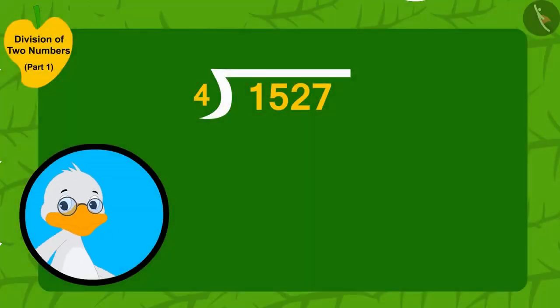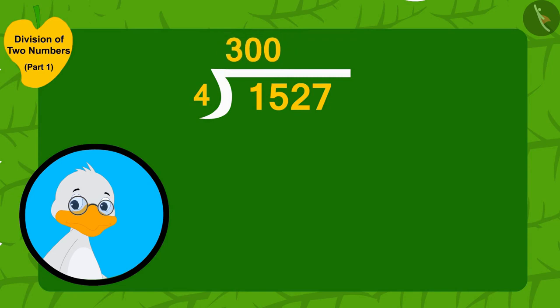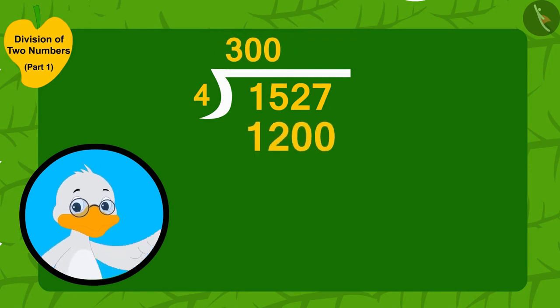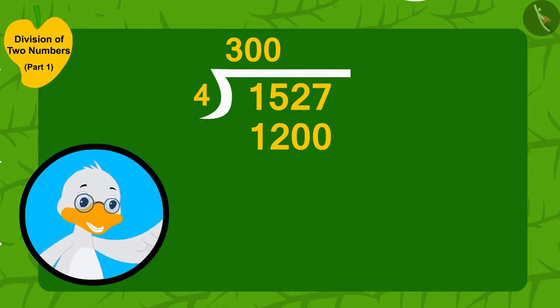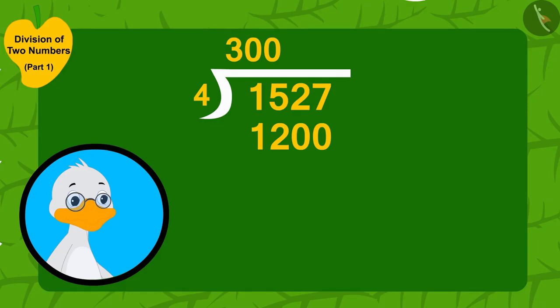Now, uncle wrote 300 here, and here he wrote 1,200. To find the number of mangoes that are left, I would subtract 1,200 from 1,527. Now I have